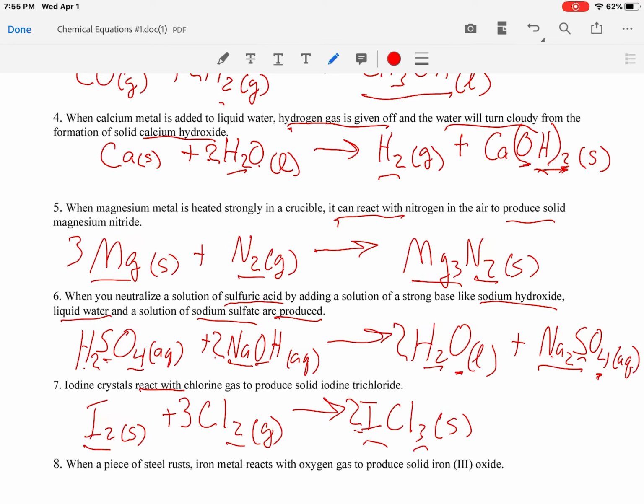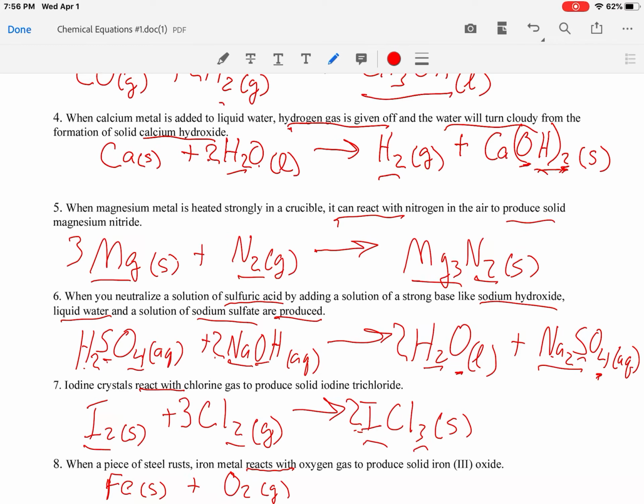Okay. This next one here, I don't have a lot of space here, but I'll see what I can do here. When a piece of steel rusts, iron metal reacts with oxygen. So again, no real secret here that iron solid, right? Iron metal is going to be a solid. Reacts with oxygen gas. Oxygen again is a Brinkelhoff, so it needs to have the 2, and it is producing